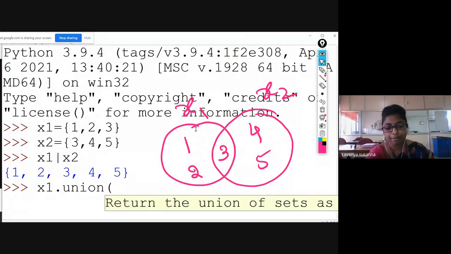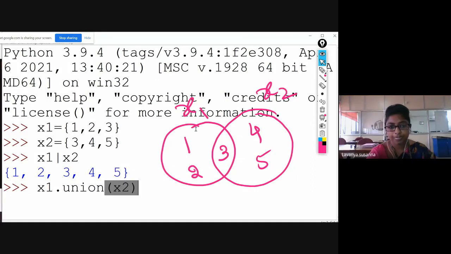In that you can pass x2. See, you can do this union operation in two ways. First way is you can use the OR operator, and next one is you can use the union function. I will say what is the difference between this operator and union function.